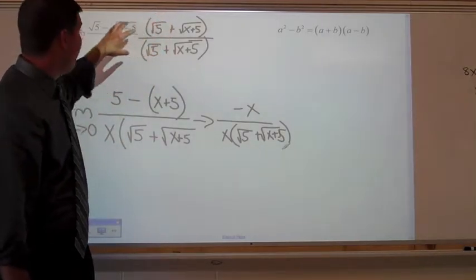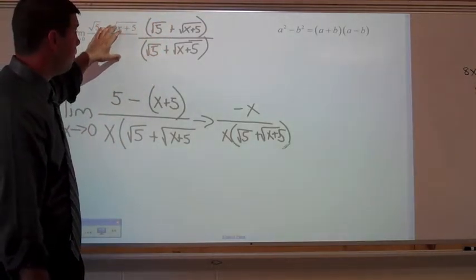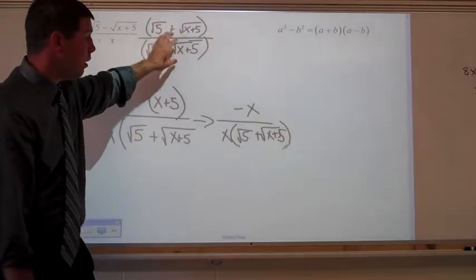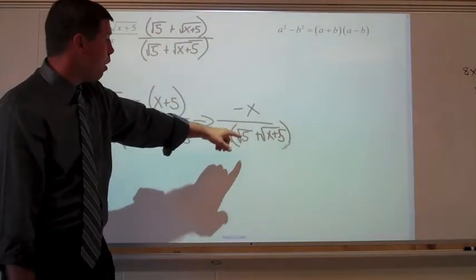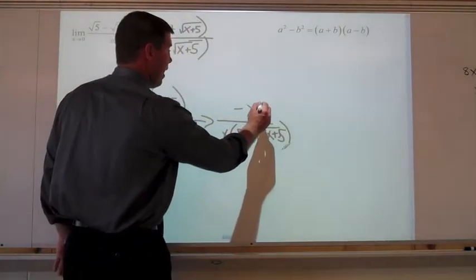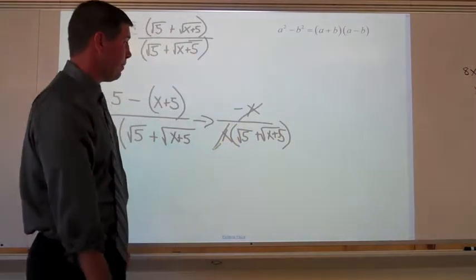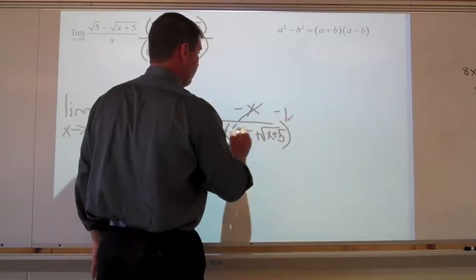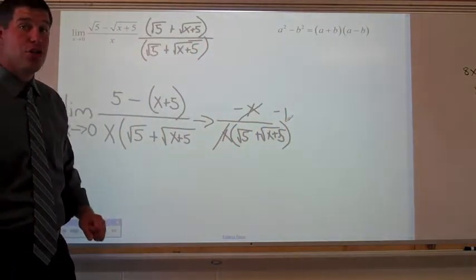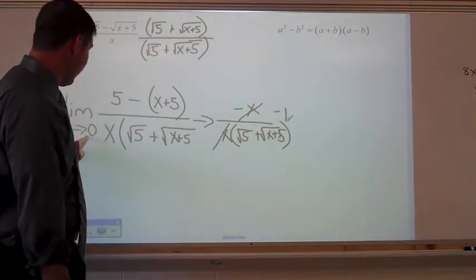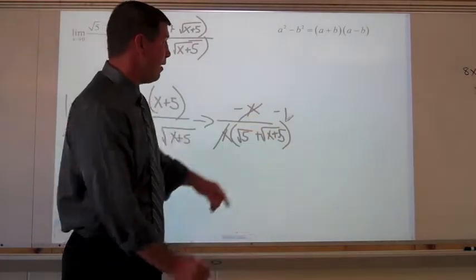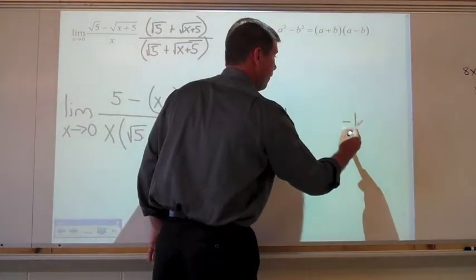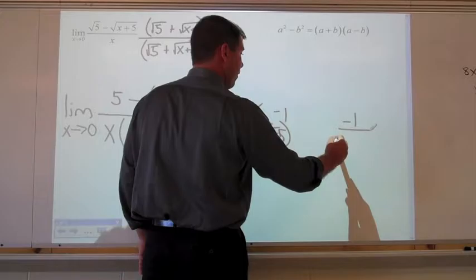By multiplying this original expression by a form of the number 1, I have now manipulated it into another form where x's will cancel. That x cancels with that x, leaving a negative 1 as my numerator. Now you can use direct substitution. Plugging 0 in for x, you get negative 1 over square root of 5